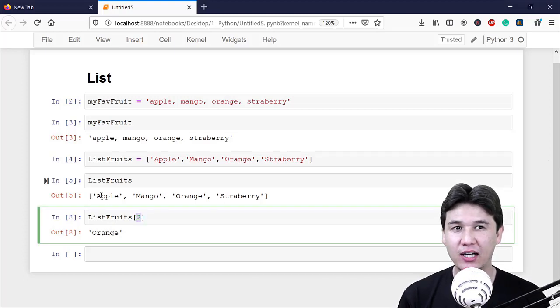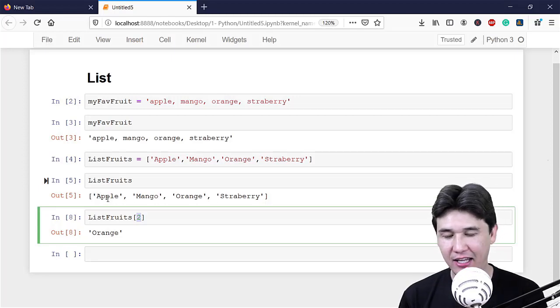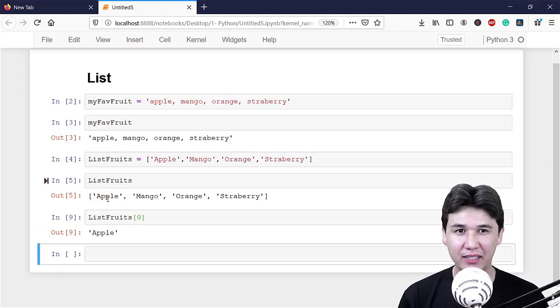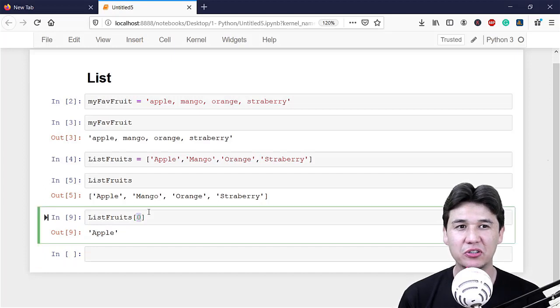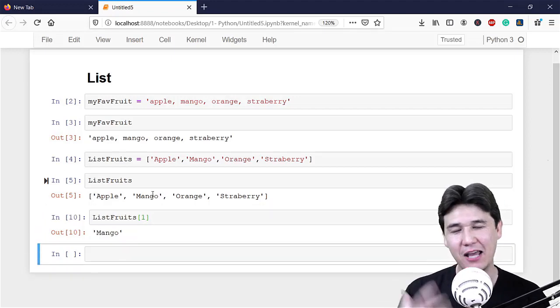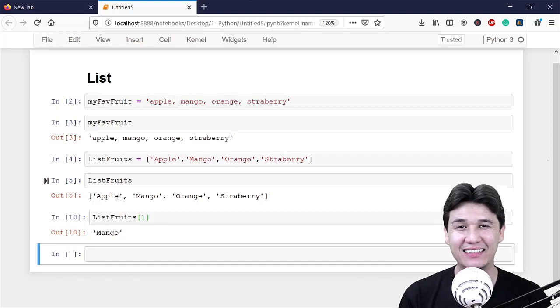And if I'm going to call the first atom, which is apple, then I have to write index 0, and the outcome will be apple. If by mistake you write 1, then you will get mango, because I'm saying again and again, the list index always starts from 0. Now let me show you one more amazing